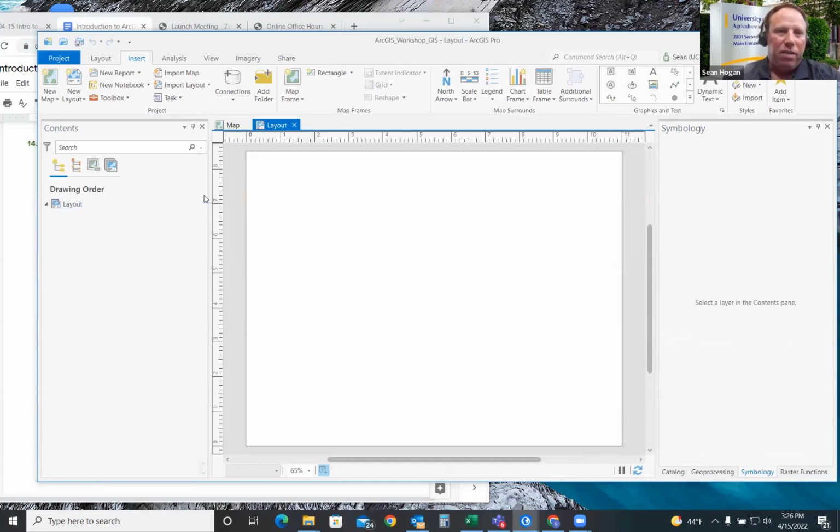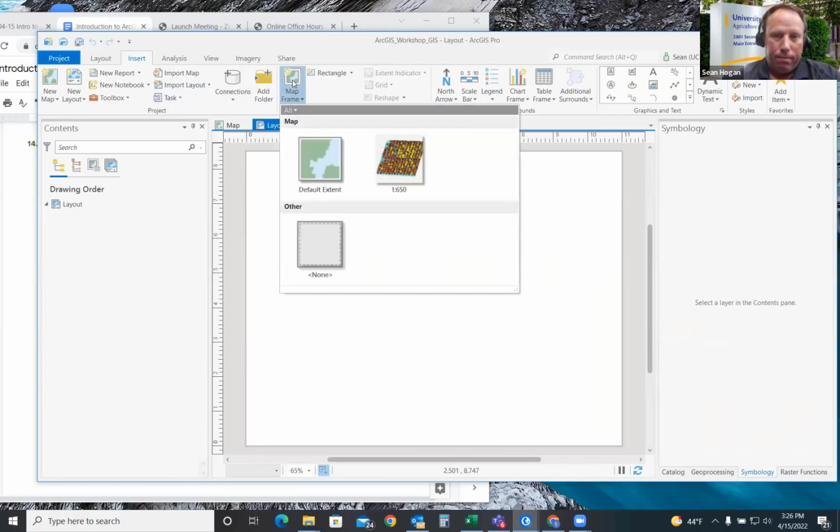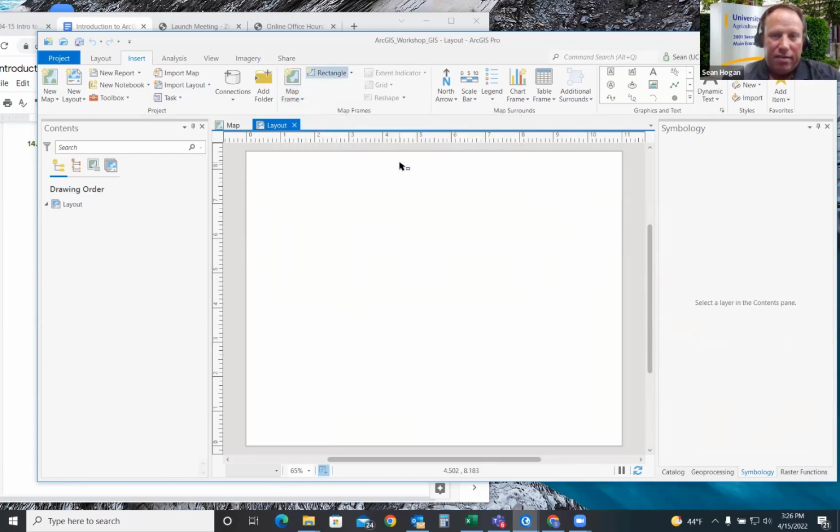You'll see a new layout frame pop up, but it's blank. That's not a problem, because what we'll do next is we're going to add a map frame to this. By default we're still under insert. Click on the map frame, and you can see the map that we just created. Just click on that. And all we do is go and cover the whole thing. So you see the little crosshair. It might be really small on the zoom of my window, but I'm just going to go up to the top left-hand corner, click and drag all the way down to the bottom right-hand corner.